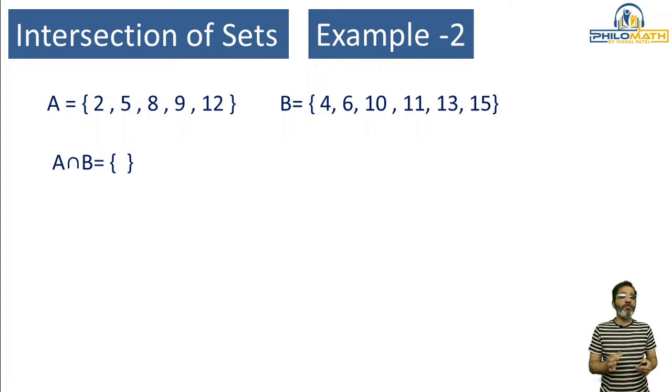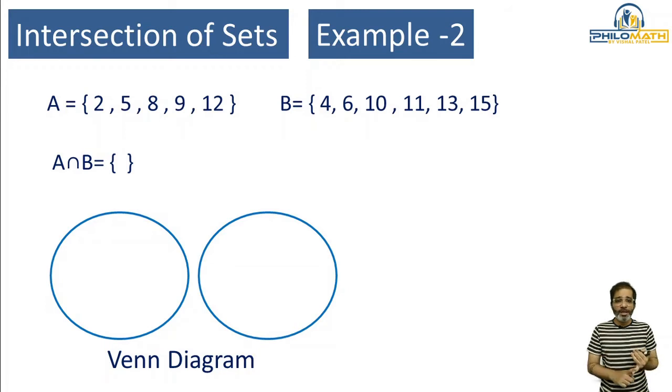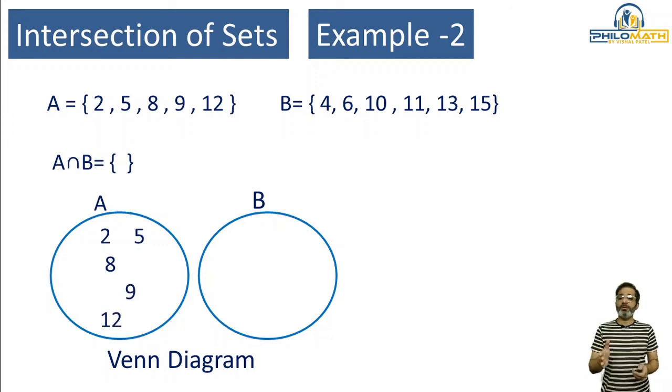So how do we draw the Venn diagram for this? Understand this very properly. I'm drawing two sets, or two circles, A and B. We are not making the two circles intersect. We are not even making the two circles touch each other. See it very carefully, students. A and B, we are drawing two circles away from each other. They should not intersect, nor join each other, nor touch each other. Then I'm going to write all the elements from A and all the elements from B.